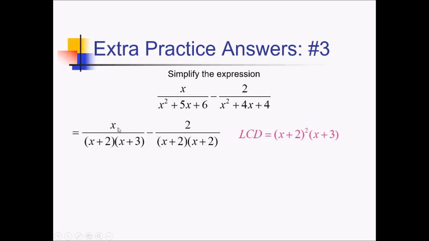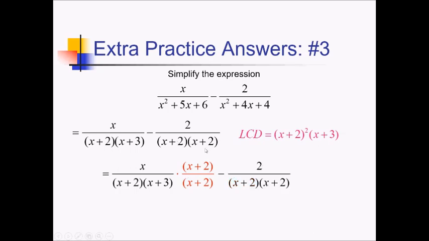So for the first fraction, it has the x plus 3. It has one of the x plus 2's. It needs another x plus 2 to get this x plus 2 squared. So I'll multiply by x plus 2 over itself, because we're just multiplying by 1 so that we're not really changing the value, just giving it a makeover. Now this other fraction that we're subtracting, that has the x plus 2 squared basically. We're going to have to multiply that then by x plus 3 over itself to get that other piece of the LCD. All right, let's go ahead now and multiply these things out to see what we can do further